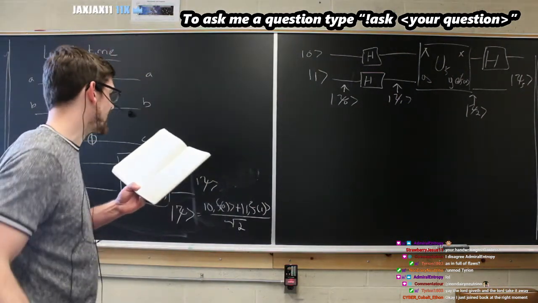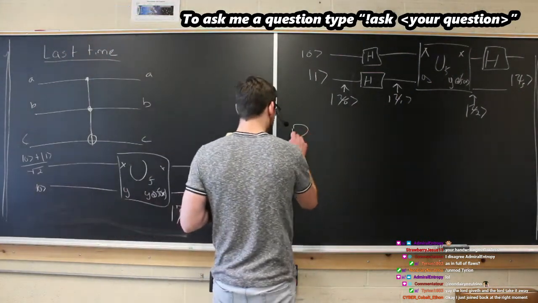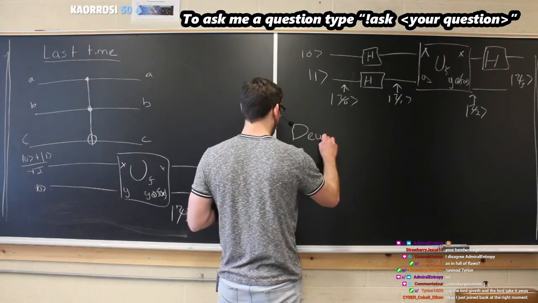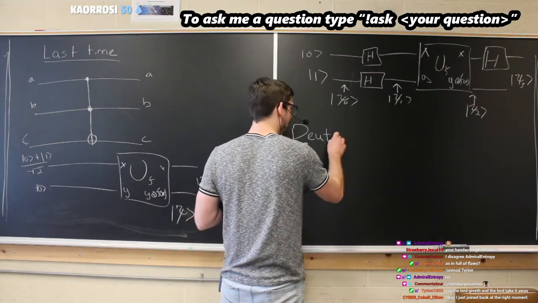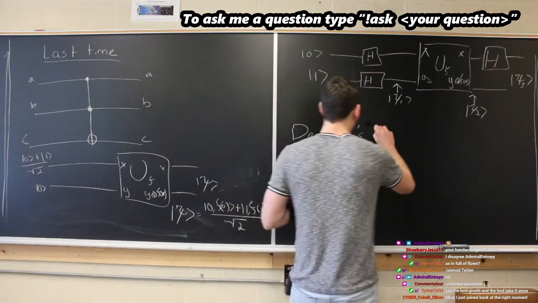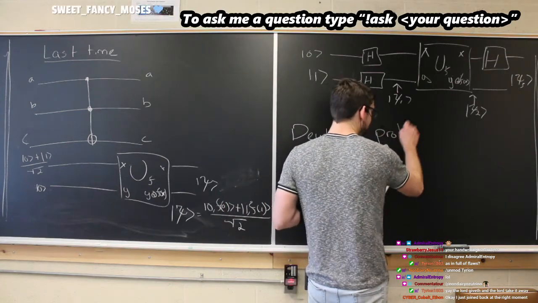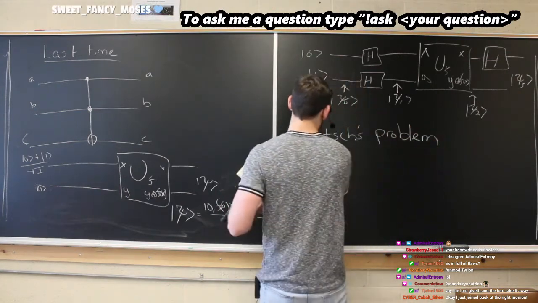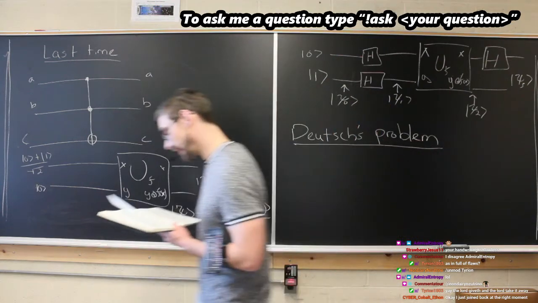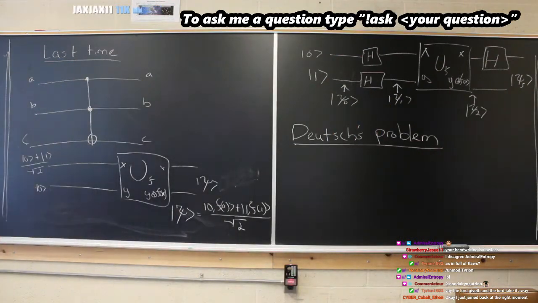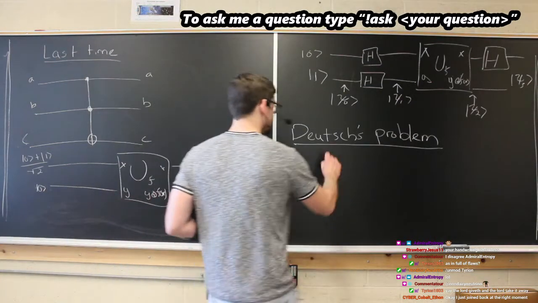This is called Deutsch's algorithm. But now, Deutsch wanted to do something different, so he came up with what was called Deutsch's problem. And Deutsch's problem is what we're going to solve today. And in order to solve this, we're going to need the proper quantum algorithm, which is technically Deutsch